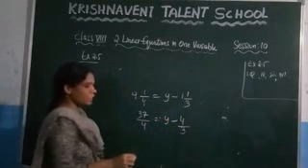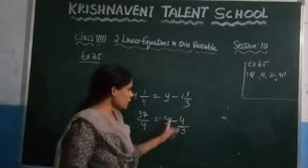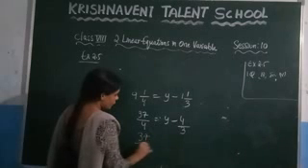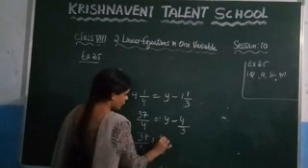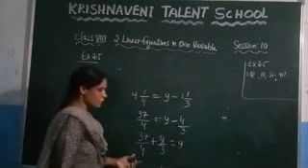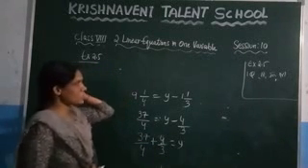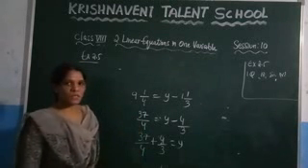Now since we need to find the value of the variable, in this case y, so take this minus 4 by 3 to this side, it will become plus 4 by 3. 37 by 4 plus 4 by 3 is equal to y. Now take the LCM and solve it, you will get the value of the variable y. From this, the session is completed. In the next session we are going to solve the remaining problems of question 1.